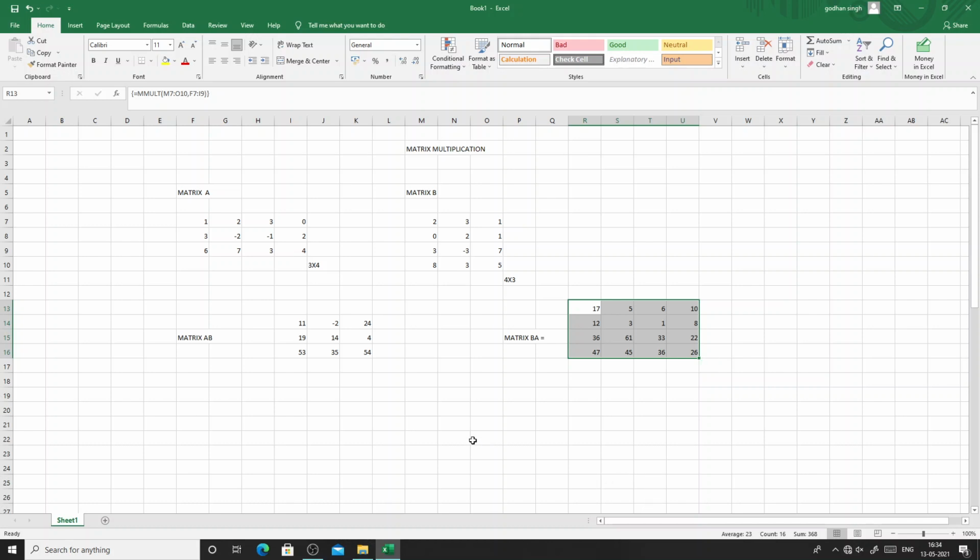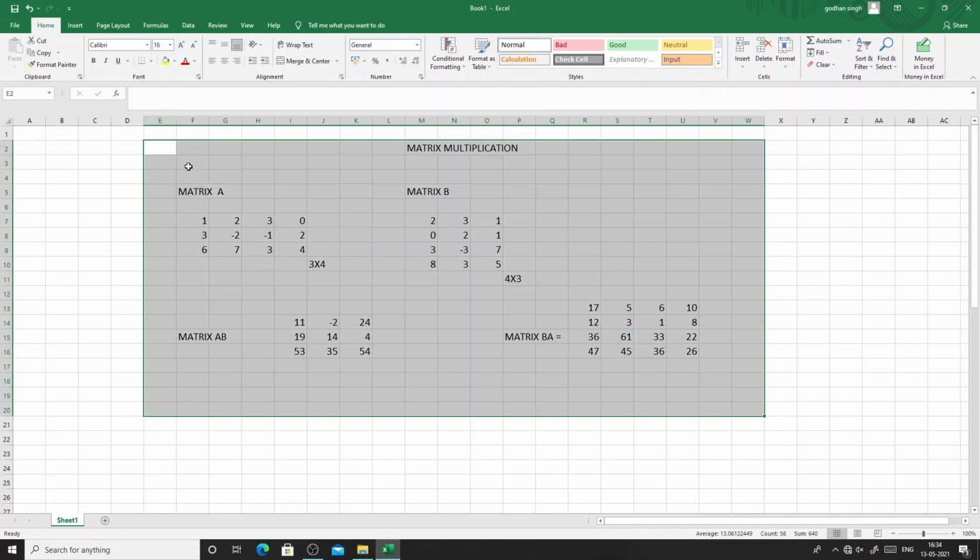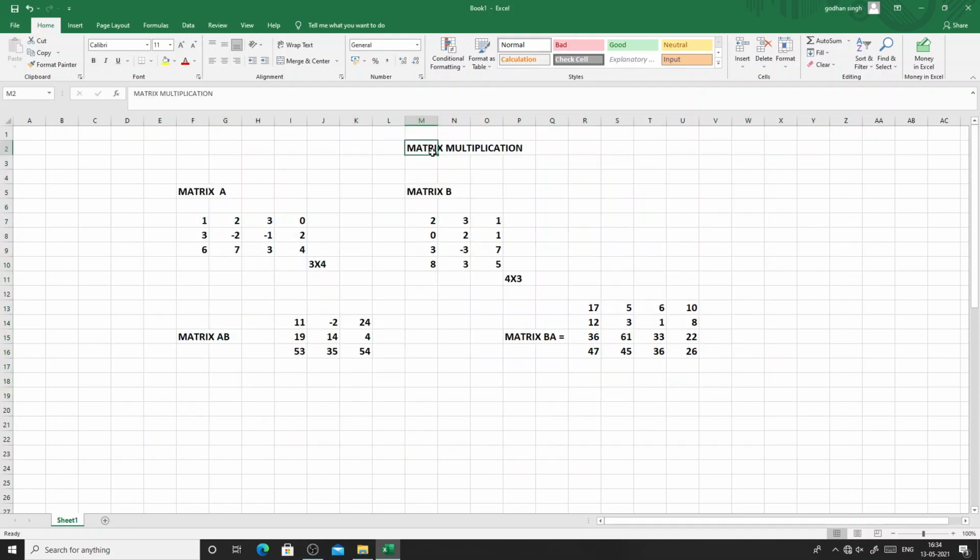Now we must make our Excel sheet very attractive. So first of all, let us make the size bigger. So select all of them, and from 11 I am going to increase the size to 16. It is 16. Also making all of them bold, and then we'll merge the cells so that it will look better.